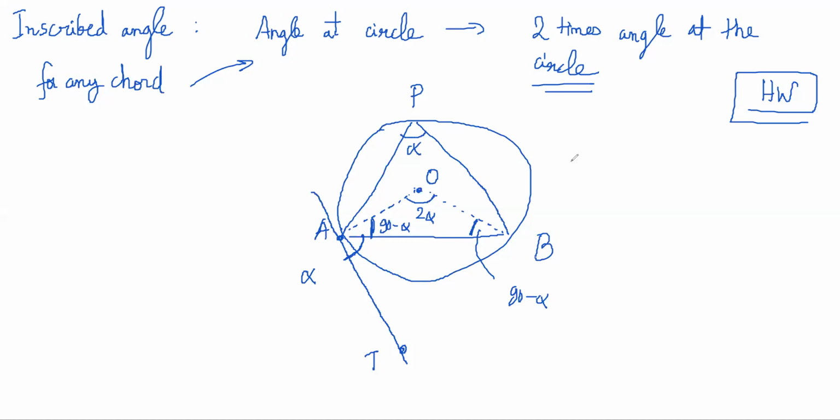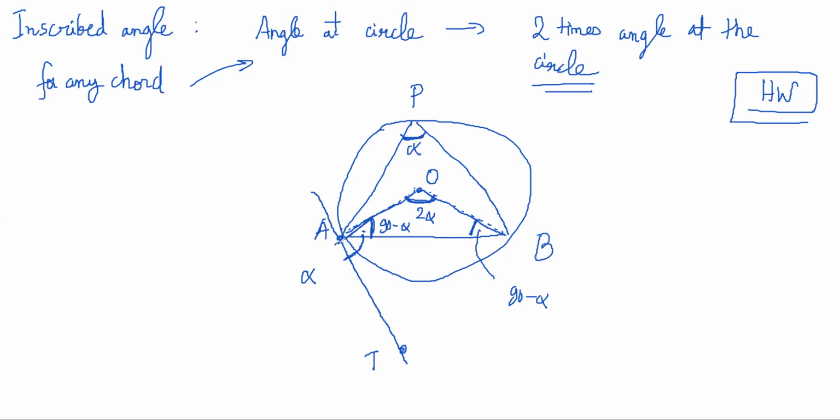Mansi, how is there alpha when this is 2 alpha? So, inscribed angle theorem, you remember? You don't know, okay? No, sir, I don't know. Now you know. AB is subtending 2 alpha at the center. Then it will subtend alpha at the circle, no? And how did I get this 90 minus alpha?